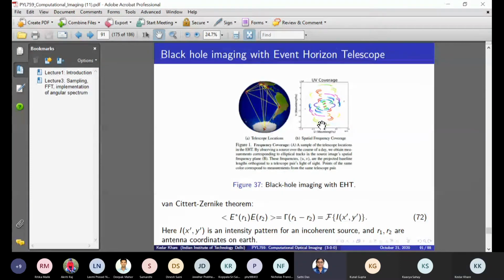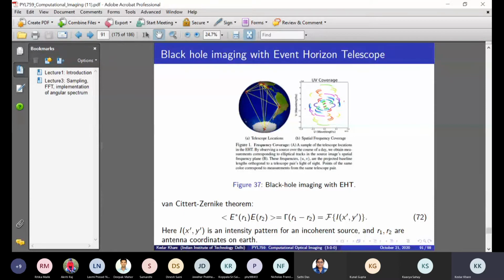Is this Zernike theorem only applicable to the two pairs of antennas, R1, R2? Any two pairs, but in fact it could be any two points in space. Okay, so I can have any two points in space where the antenna is not there even, and still this will apply. So I take two points R1, R2 here and here. They will still receive some E field from what you are looking at, isn't it? At radio frequencies. So this theorem is true at any two points R1, R2 in space, in far field although. Okay, that's all.